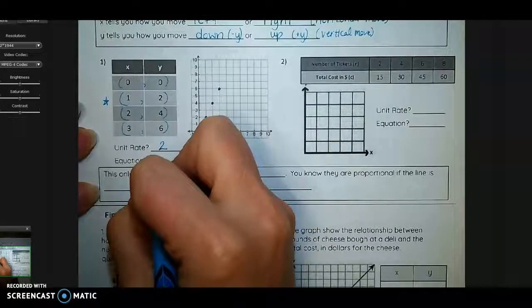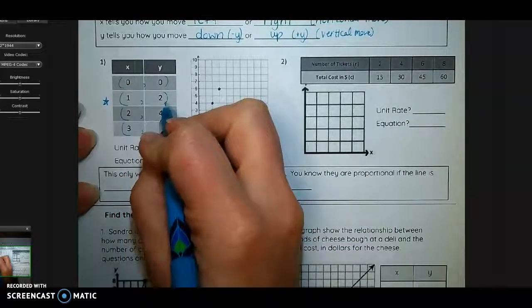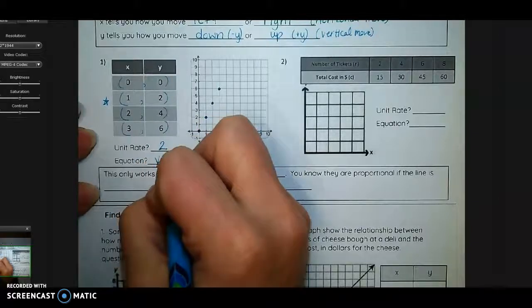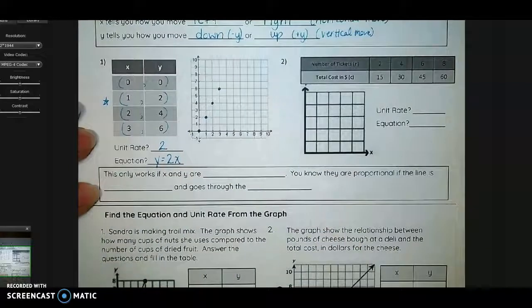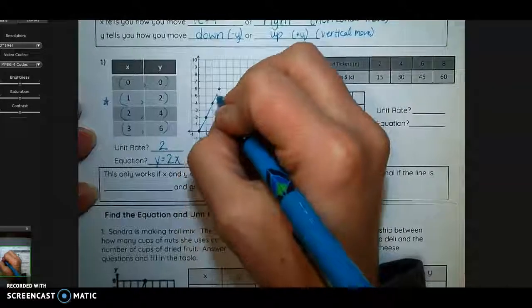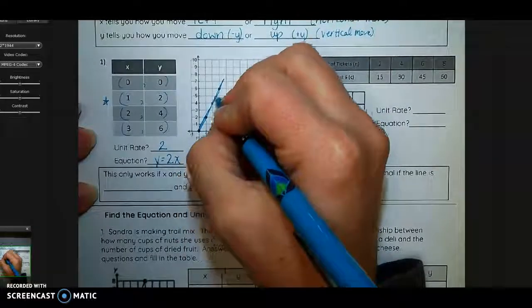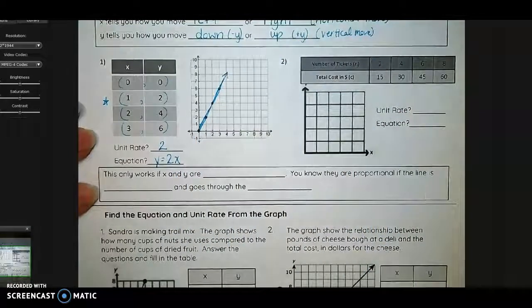So my equation is going to be, in order to get my y value, I'm going to have to take my x and multiply it times my unit rate, which is 2. And I can graph that straight line. It starts at the origin, just like so. For my next one,